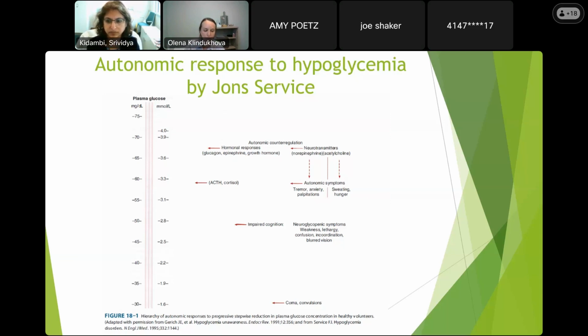And classically, we used to differentiate hypoglycemia with and without symptoms. Later in my presentation, I'm going to show that the symptoms may not always correlate well with the level of hypoglycemia, but we have to know the classics before getting into more details. Once the blood sugar gets below 50 or 45, classically, that's where patients would present with more neuroglycopenic symptoms.